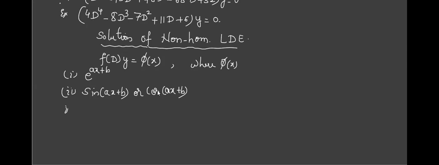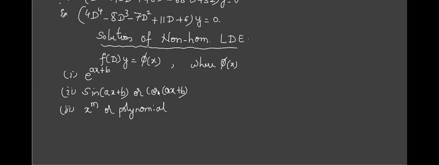So third case, you can call it as x raised to m, meaning any power of x, maybe like x square, x cube, x raised to 4, or in general a polynomial. Polynomial means you may be having like x square plus x, or 2x cube plus 3x square. Are you getting it? So these three cases, are they all looking similar or all are different? Different ones, obviously different. So we have different procedures.